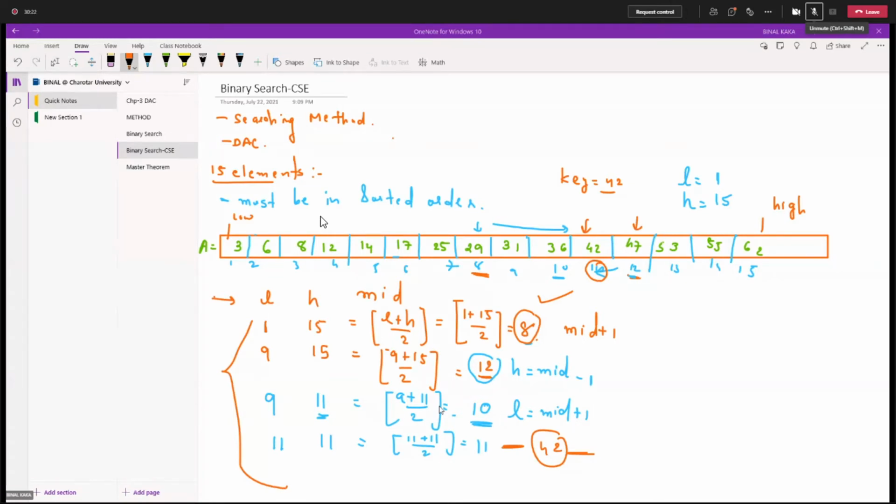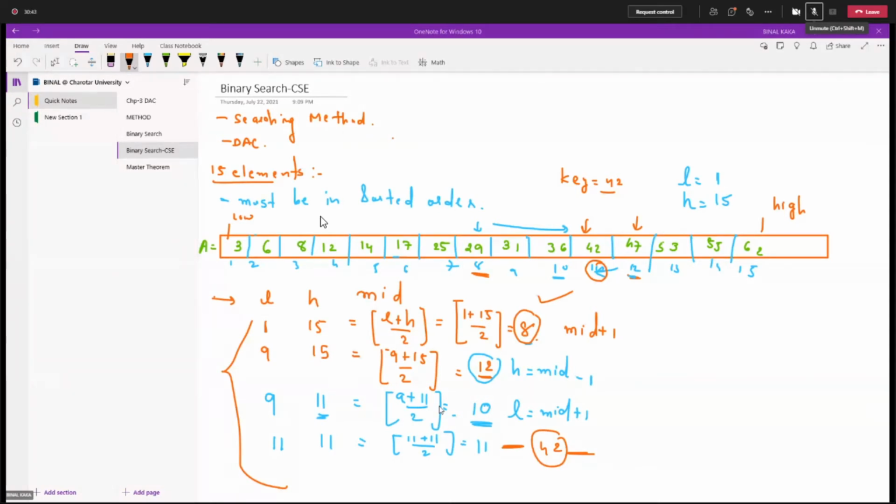Understand? Don't skip the first part also, because for finding 42 we are dividing into 2 parts, low and high, right? And we are finding the mid value. So here there are 4 searches. So whenever you are counting how many searches there are, you start from the first division or first approach. Okay, clear, Kapil?